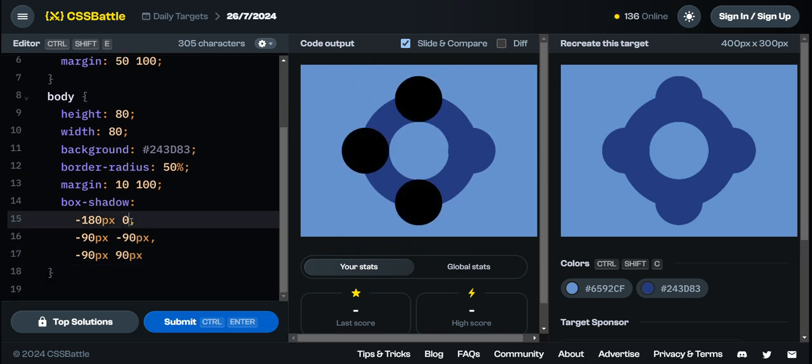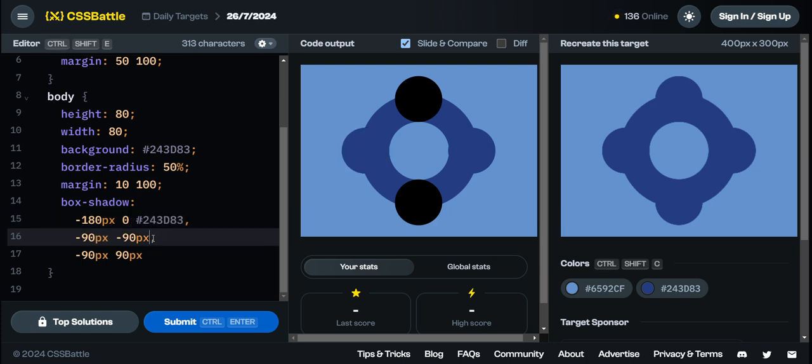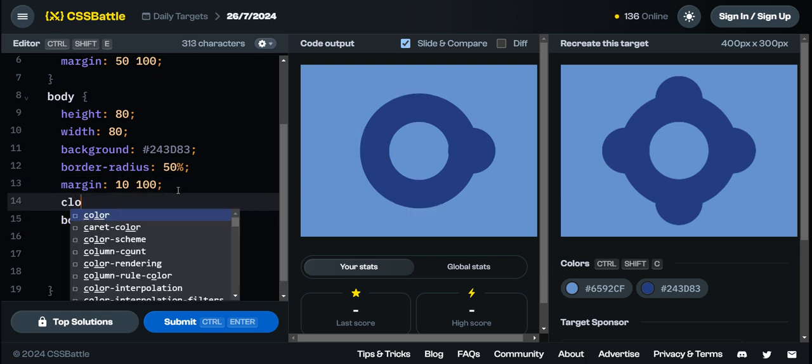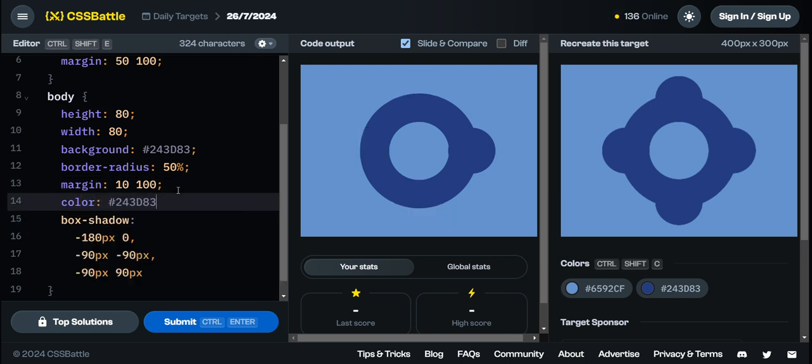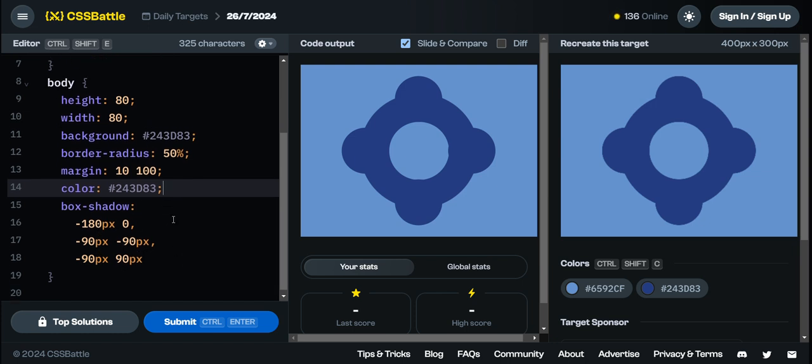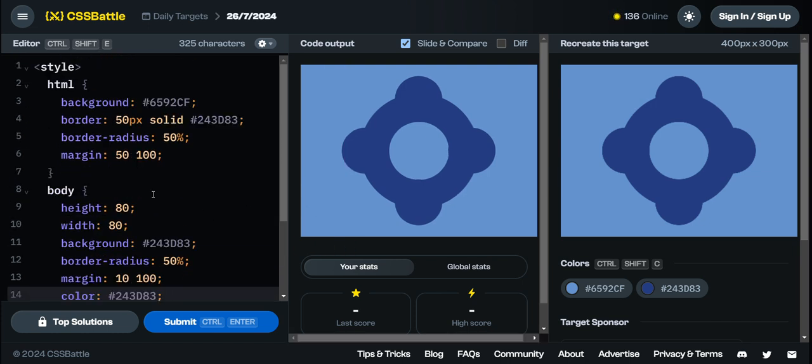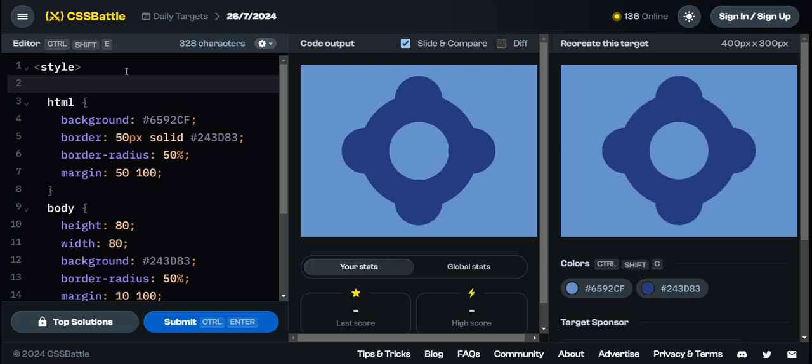Now we just need to add the color. We could go through and add the color to each one of these. However, there's a better way to do this. We could just use the color property and add the color here. It'll now be applied to all of these box shadows. And it looks like we have a pretty good match,